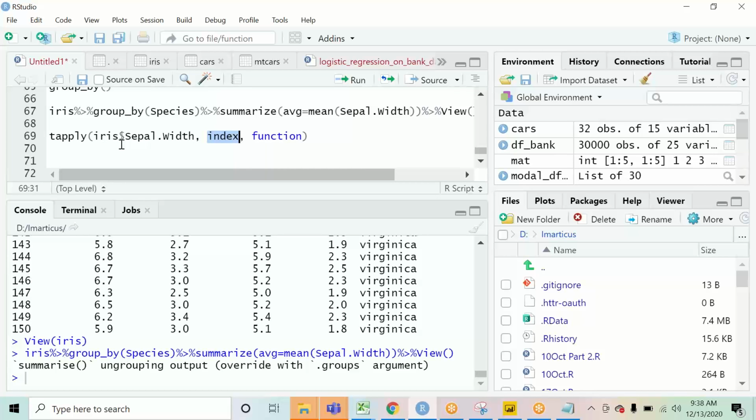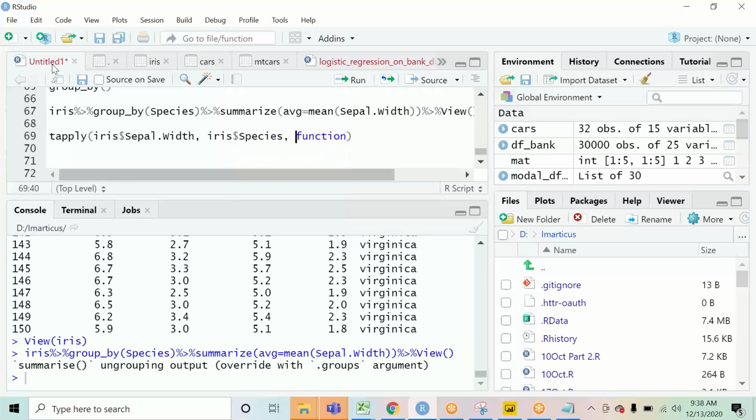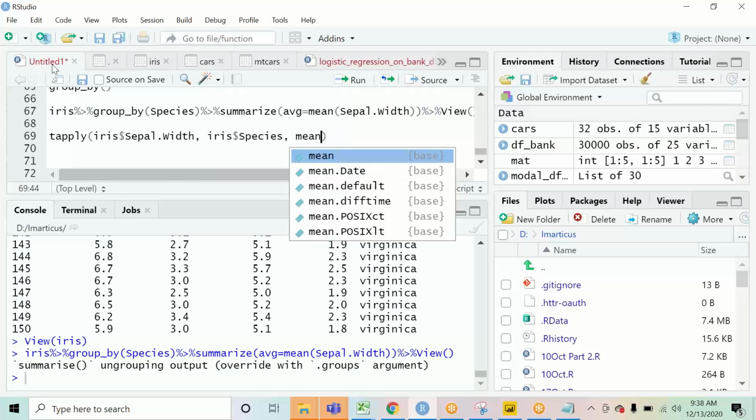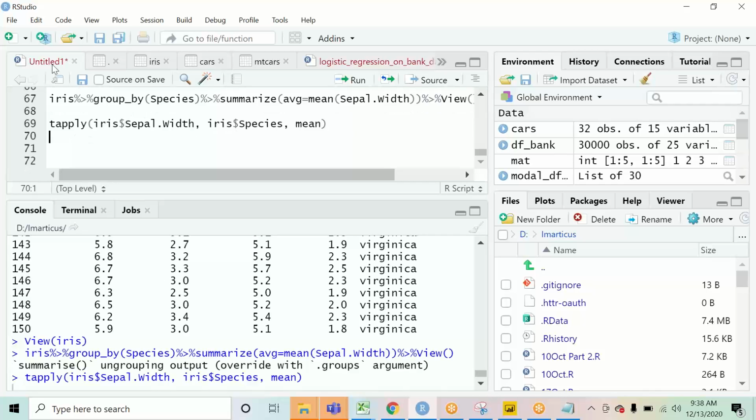What is the index? Index means basically for which column do you want to apply the function. I want to group by the column that is Species. So iris$Species. What function do you want to apply? I want to apply the function mean, right? This is the function that has to be applied, mean over here.